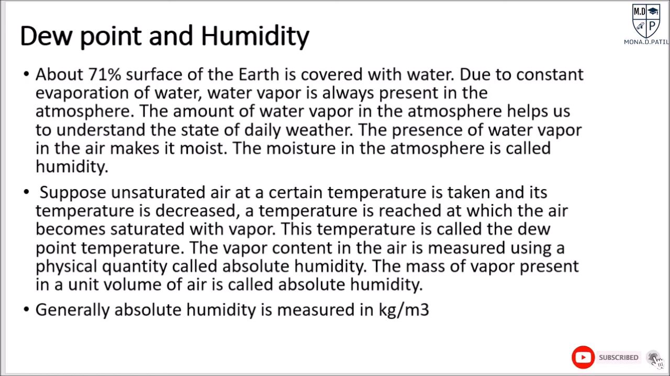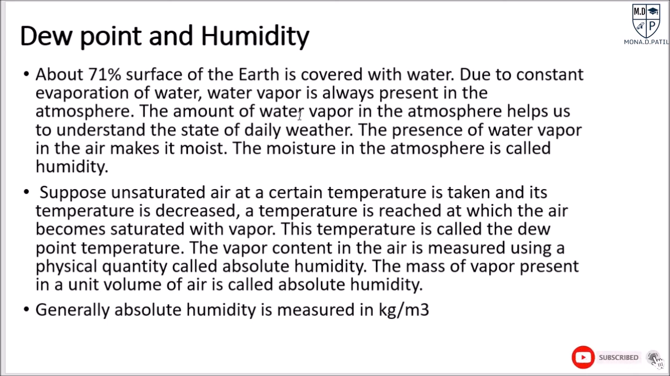Then dew point and humidity. About 71% of the surface of the earth is covered with water, and due to constant evaporation of water, water vapor is always present in the atmosphere. The amount of water vapor in the atmosphere helps us to understand the state of daily weather. So daily weather can change its state or its numerical values with the help of this amount of water vapor